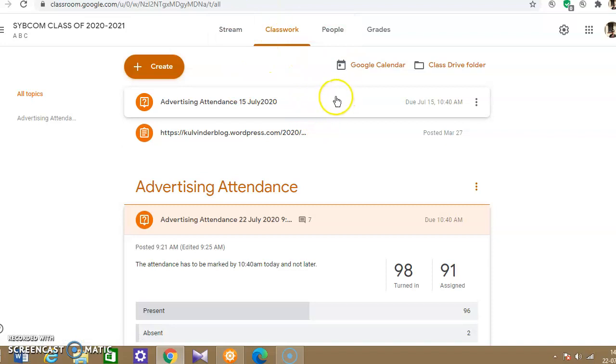You can easily download the Google Classroom app on your mobiles. Once it is there, every time you will get notifications of attendance. You can mark it from your mobile itself. You will get notifications for any material which your teacher has posted. So all updates will be there on your mobile itself. You just have to go and download the Google Classroom app, and you can do all these things right from your mobile.